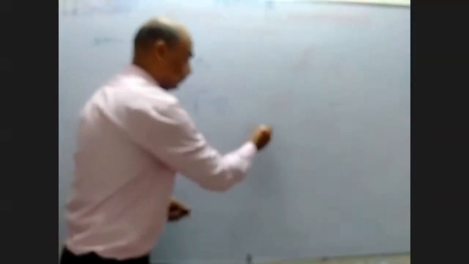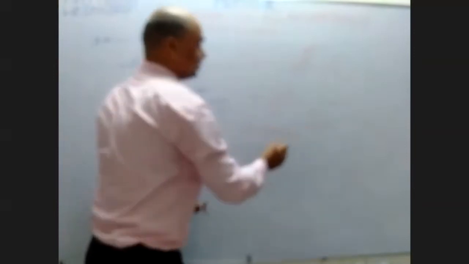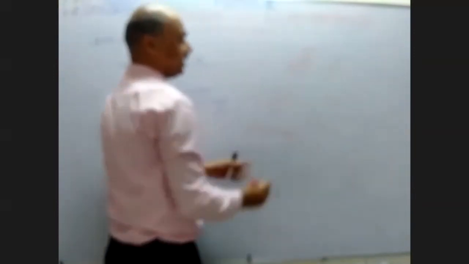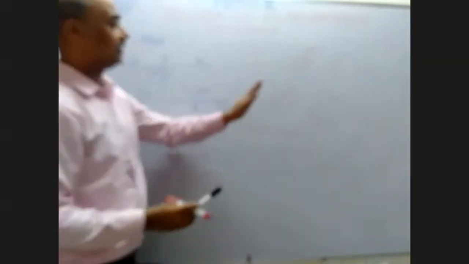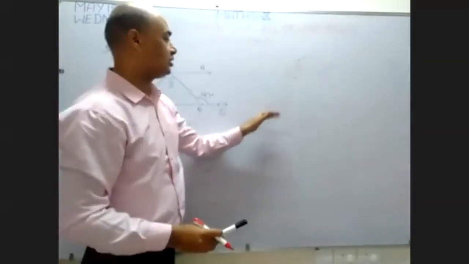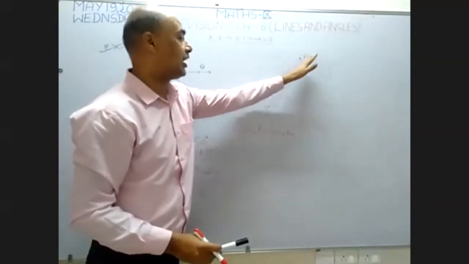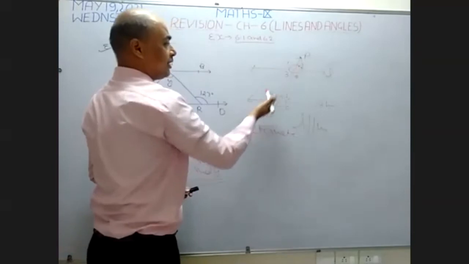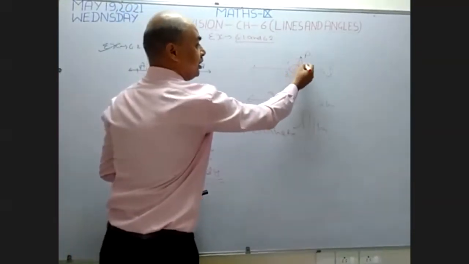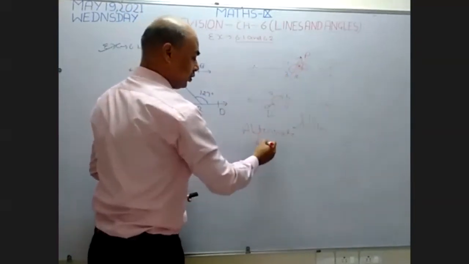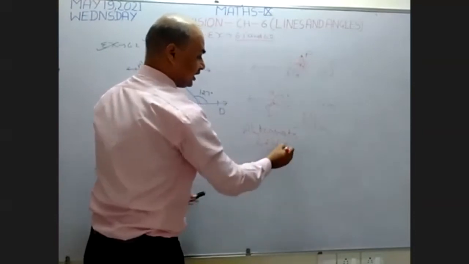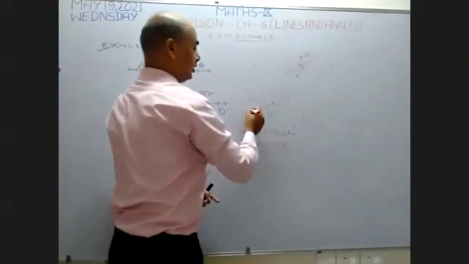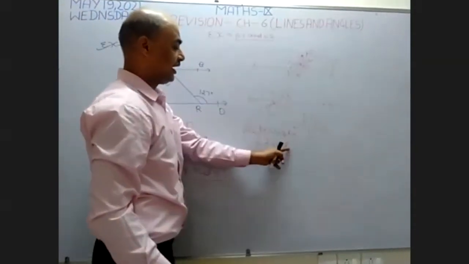Now, I want to explain alternate angles. Alternate angles are made on the left and right sides. If one angle is on the right side, the second angle is on the left side of the ray. Angle 2 is on the right side, so its alternate angle is on the left side. This is the exterior angle. So angle 2 and angle D are alternate exterior angles. Both angles are exterior to the figure.